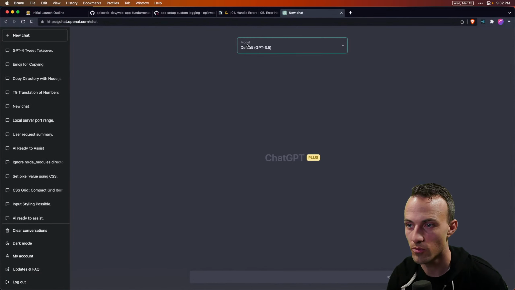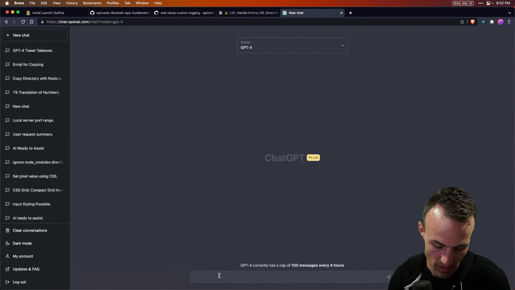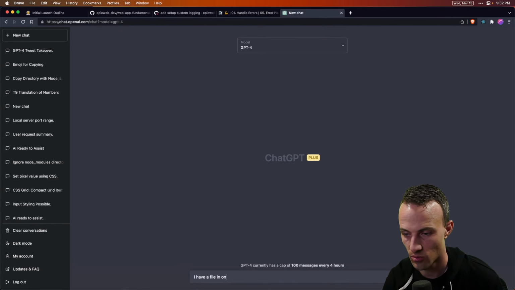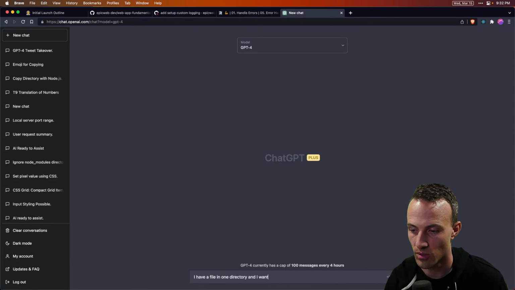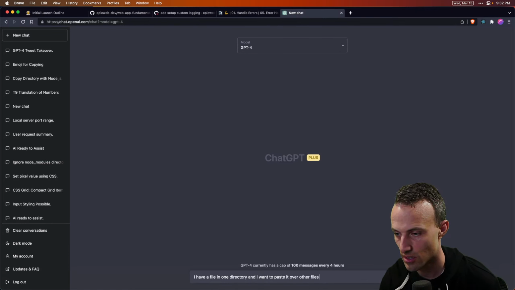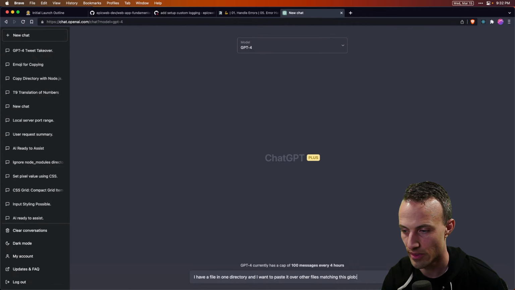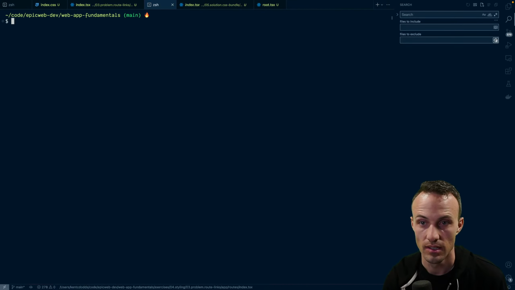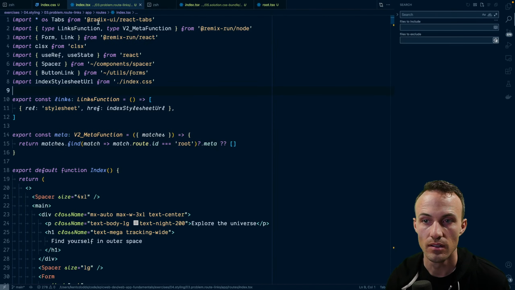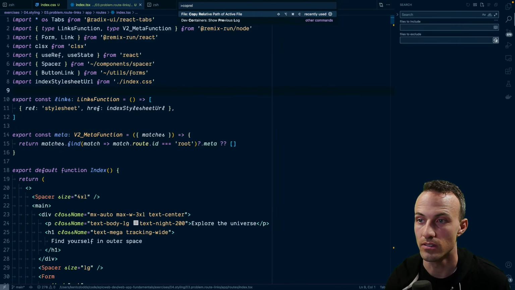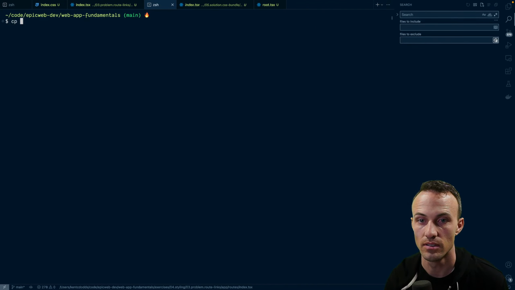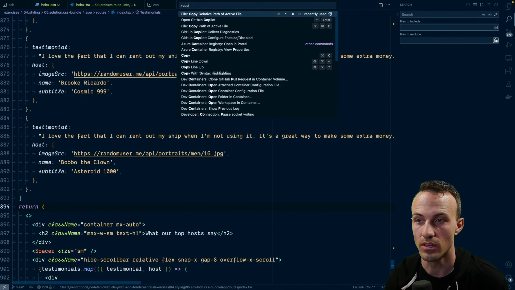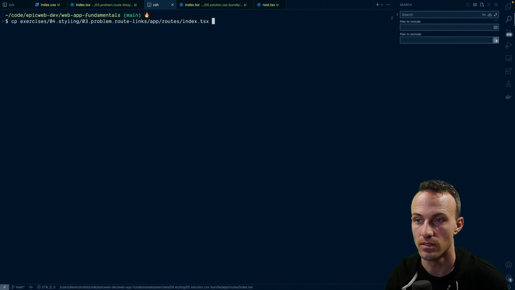ChatGPT, come in clutch for me, please. I have a file in one directory, and I want to paste it over other files matching this glob. It would be copy relative of active.